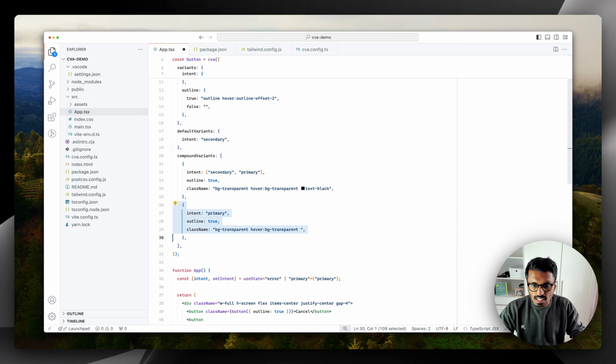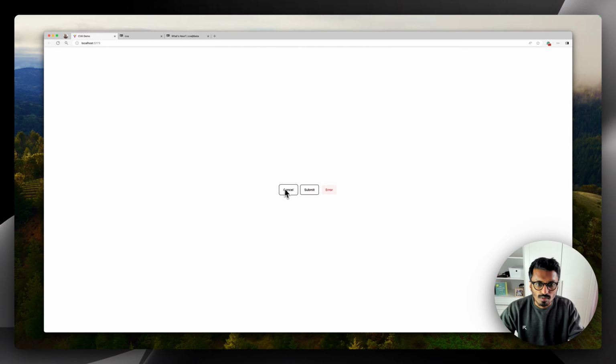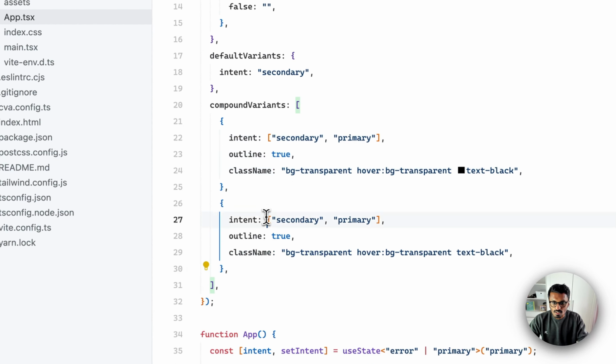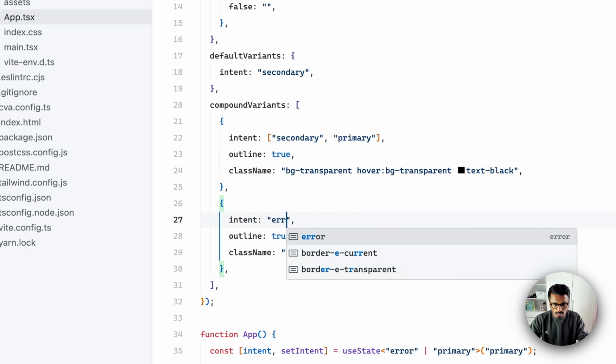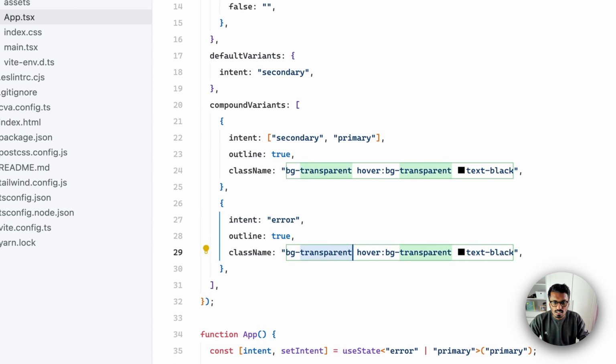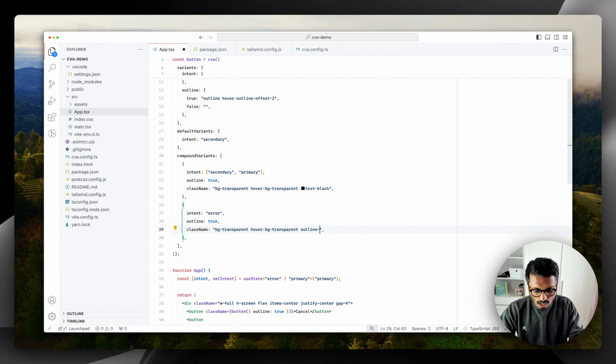And now what we see is, regardless of secondary or primary, if outline is true, we have the same styles. We could still go ahead and say for error, we won't do that. For error, we want to do something else and do our own changes. Like we could, for example, say for error, we have a different color, outline red